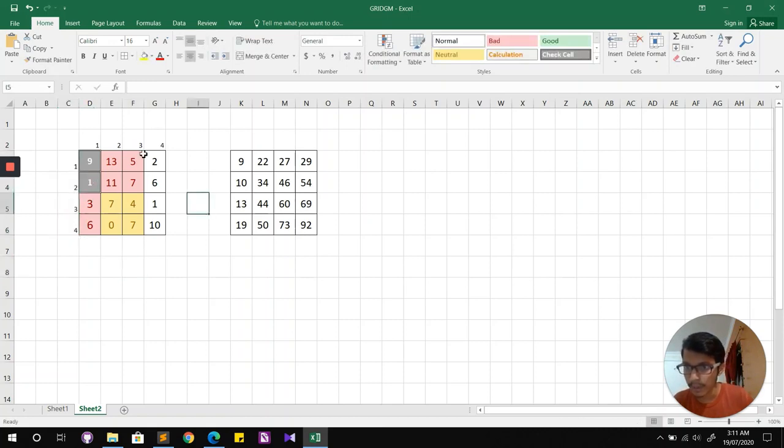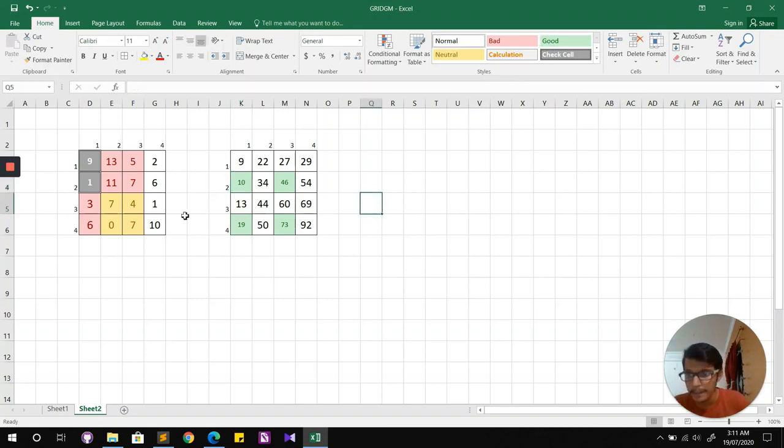So here I have numbered them, and similarly I can number them here as well. This one I'll be needing, this one I'll be needing, this one, and I'll be needing this one.